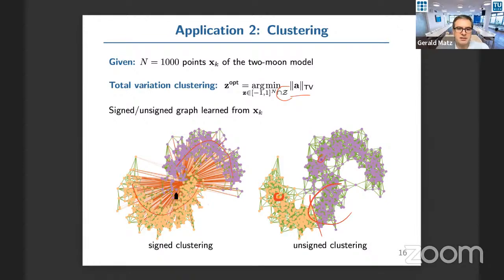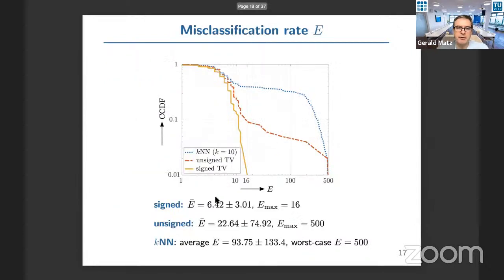And this cannot happen in the signed case, because here for those points, you see that there's all kinds of negative edges going across, which clarify that the proper point to cut is actually somewhere here between the two moons. And again, if you do systematic experiments for this, Monte Carlo runs for different graph realizations and different,